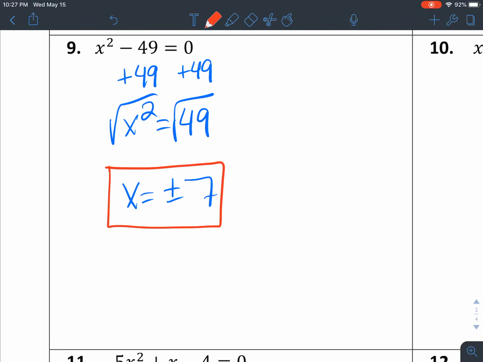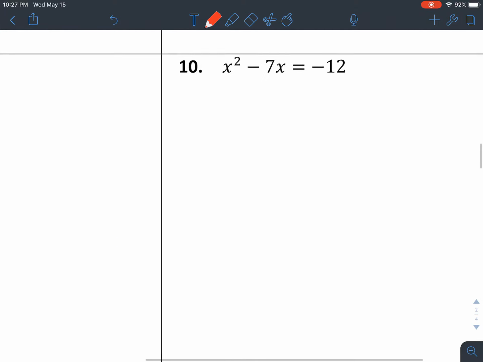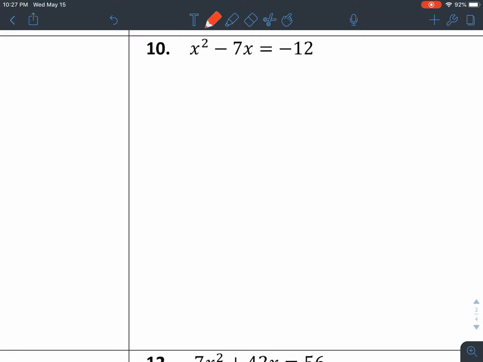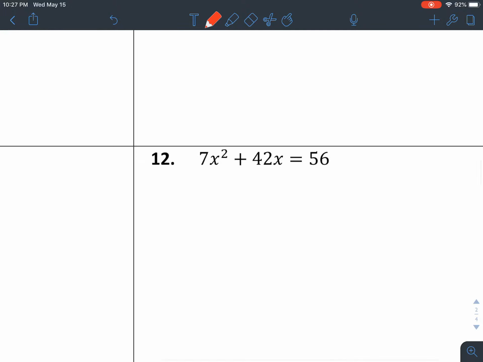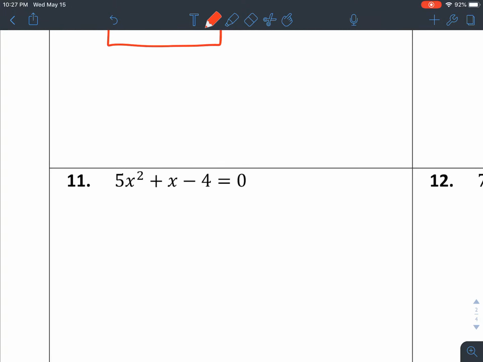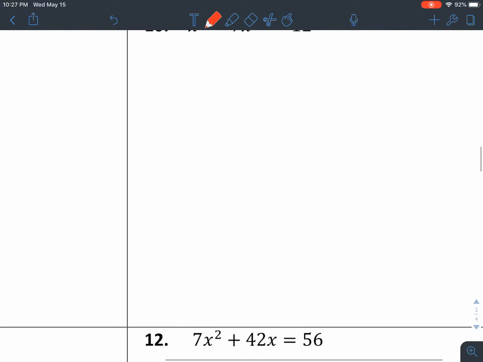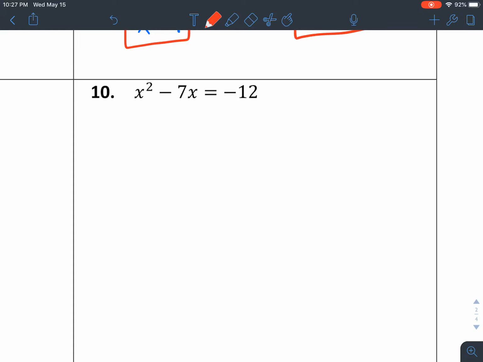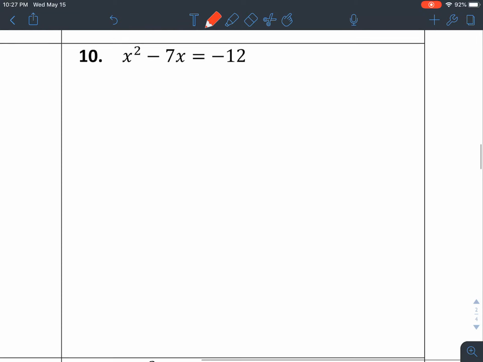Now, those three I can use square root method on. The remaining three, I do not have that option because with all three of the ones that we have left, we have both an x squared term and an x to the first term. So I can't use square root method because I can't isolate that squared term without having just numbers on the other side of it. So with number 10,